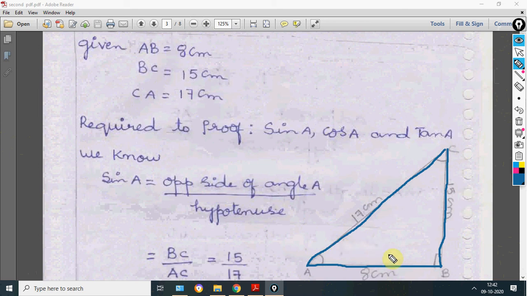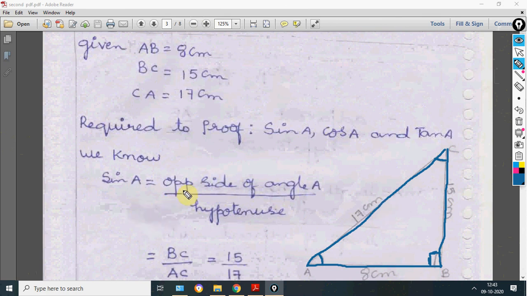In this figure, I am taking a right angle triangle. This straight line is there, no? A box like structure represents the right angle. So this is a right angle triangle, and this is one angle, and this is one angle, and here 17 centimeter is given, we wrote.